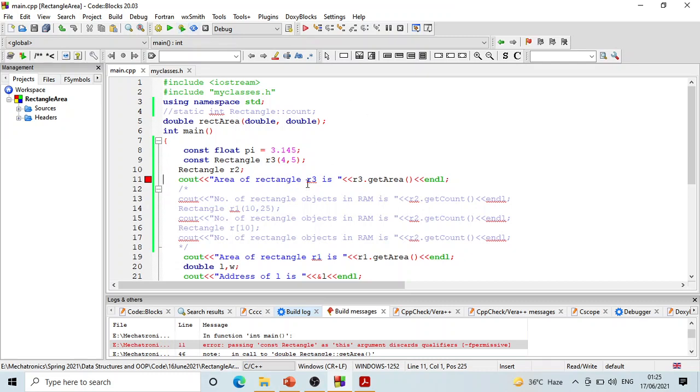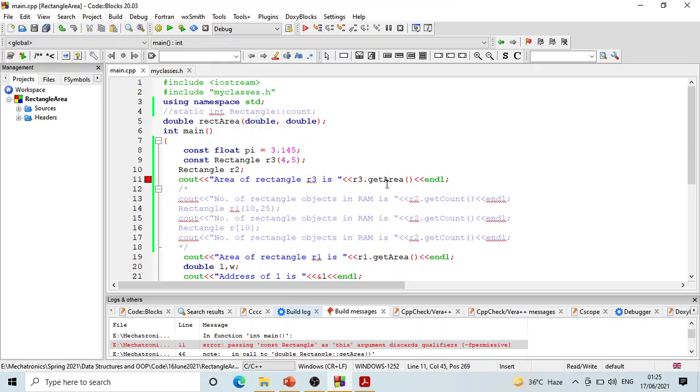अच्छा, we wanted to find out the area of this object R3 but we cannot do it, ठीक है, क्यों नहीं कर सकते? Now this is the problem and this is why you need const member functions। अगर आपके पास एक क्लास है और उस क्लास का कोई भी यूजर उसके const ऑब्जेक्ट्स डिक्लेयर करता है या क्रिएट करता है, so then that class becomes unusable अगर आप const member functions को नहीं यूज करते, ठीक है।